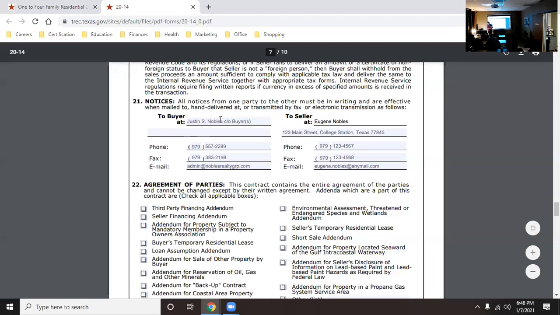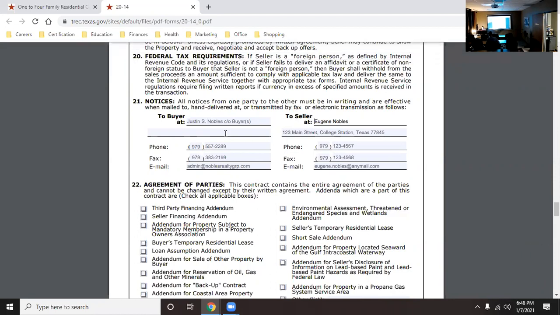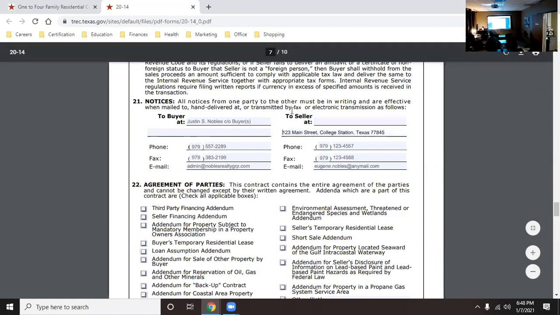Because you're just giving out your client's information. But you can leave that blank if you want to. So if I'm representing a buyer in this situation, I'm not going to know the seller's information. In real life, if I'm submitting an offer to Jarek,